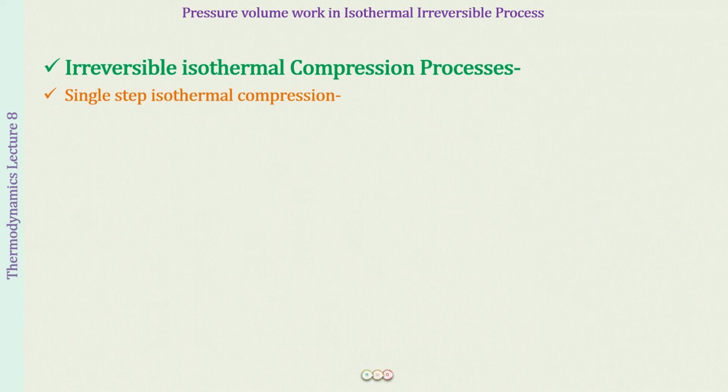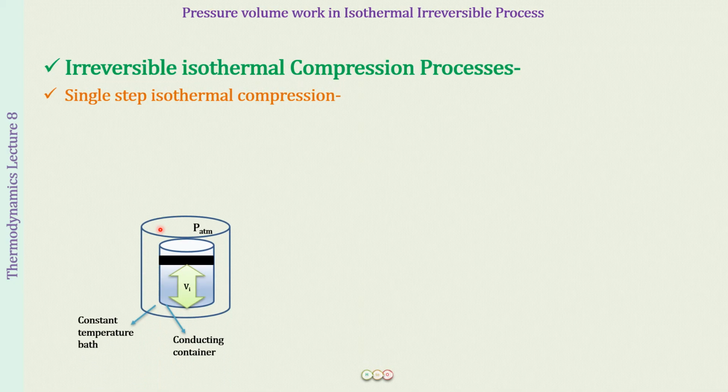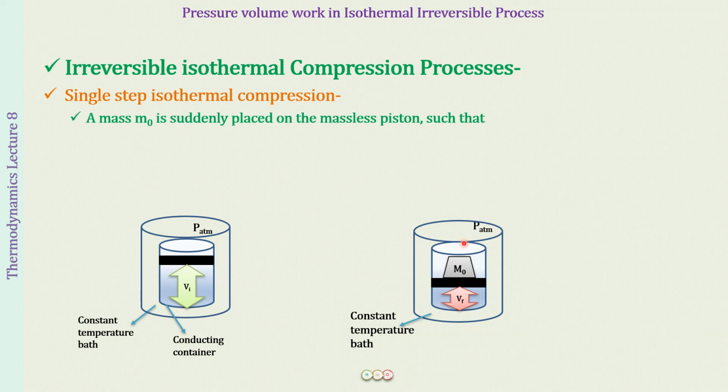So now let us look at the opposite side of the process and talk about the compression process. First of all, again, the single-step isothermal compression, let us discuss that. I think now this is going to be very easy. First we had a piston where we had not placed any mass. So we had a maximum volume Vi, and then we placed some mass M0 over the massless piston, and because of this the pressure outside is going to increase, and therefore the volume inside is going to decrease because of that compression. What will be the work done?